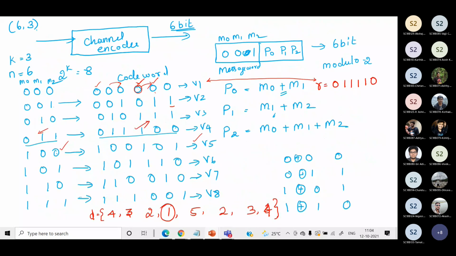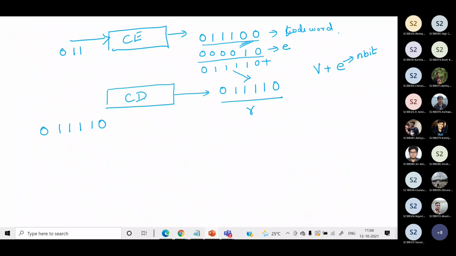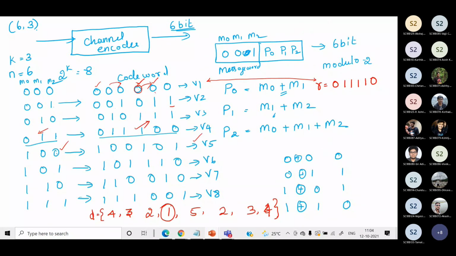Right. Okay then. So with this logic we identify that an error has occurred in the received bits R. With R we have seen the distance to V1 through V8. Among these we found the minimum distance is 1. So that will be the corresponding code word. It means V4 is the code word. Then the corresponding message word for this one is 011, that is a 1-to-1 mapping. Since it is, from V we can easily identify the message word.